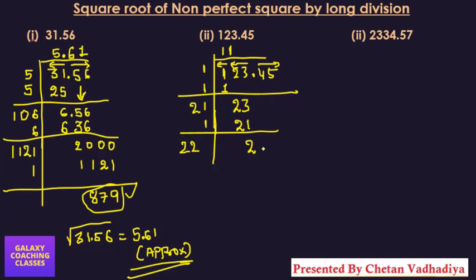And now you can take this decimal also, 0.45. So again you need to keep a point here because you have taken numbers after the decimal. Now 221 ones will be 221. If you take 221 into 2, that will be 442, 442. That will be greater. So again you need to take 1 only. 221 into 1 will give you 221. So now again you need to subtract. So you have taken 1, so keep 1 here. Now here 4 and 2. And here you will get 2, 2, 2.